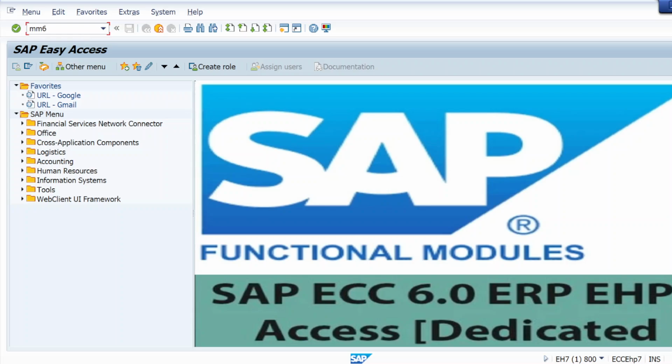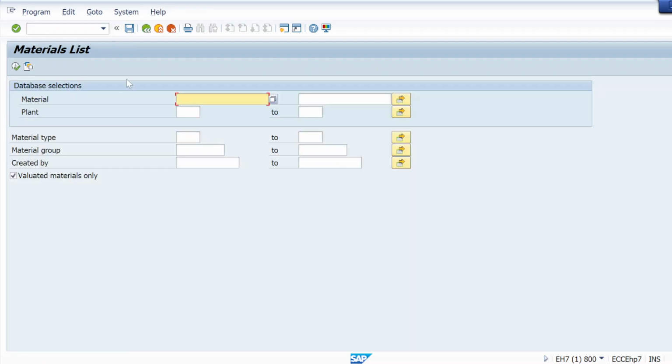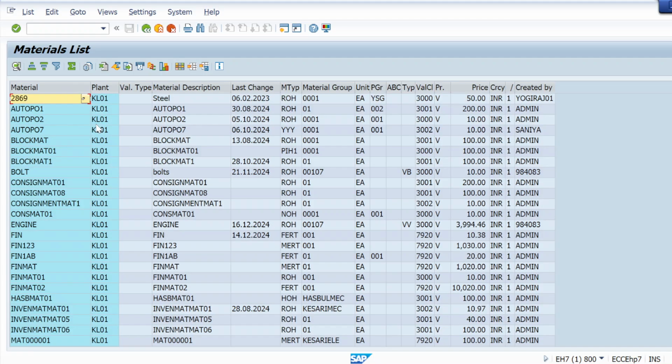MM60. Let me try with another material. Let me take this material auto PO02 in MM02. Let me check auto PO02.